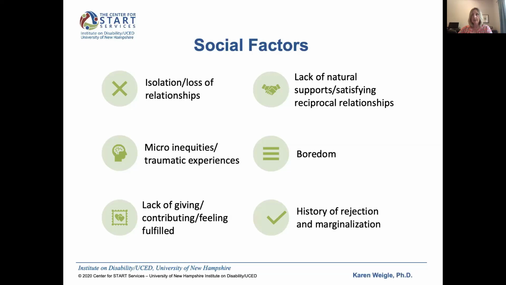Even moving out of your family's home can be a loss. So it happens a lot that people come in and out of people's lives, and it's important to consider that and how that impacts the person. There are a lot of everyday micro inequities and minor traumatic experiences that add up to a lifelong of expecting the worst. And this made me think, when Jill was talking about trauma, also that level, that threshold level where you can tolerate, that tolerance, the window of tolerance is changed by lifelong micro inequities, things that continually happen,